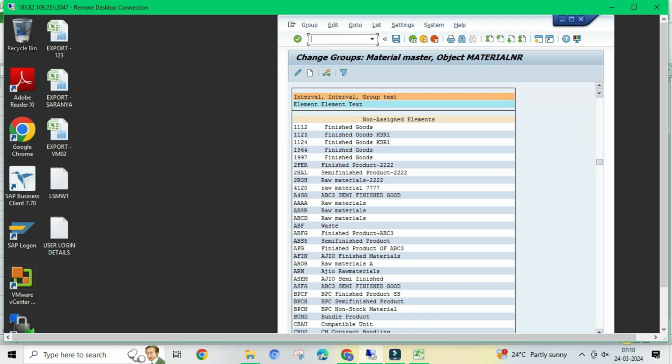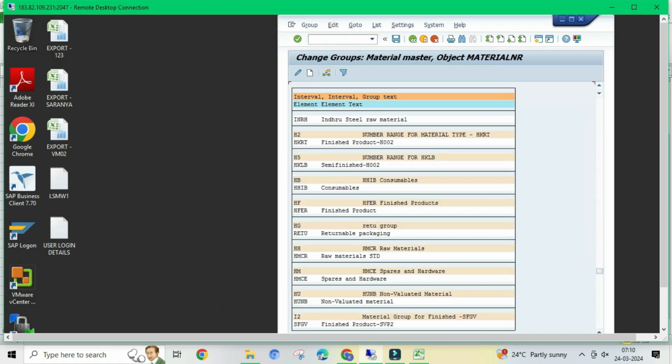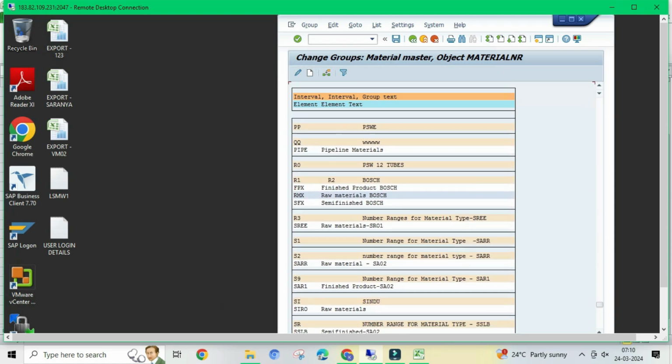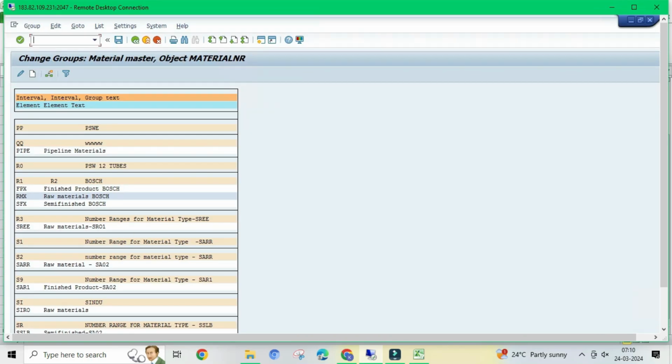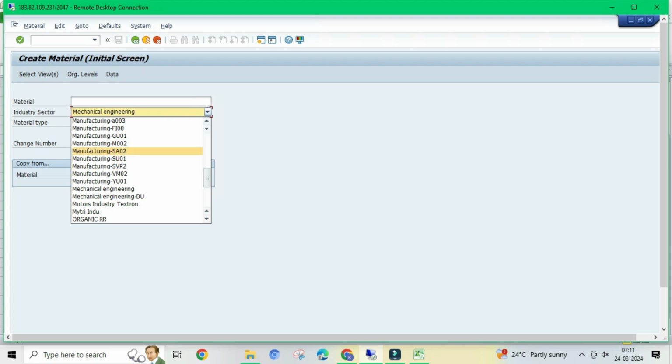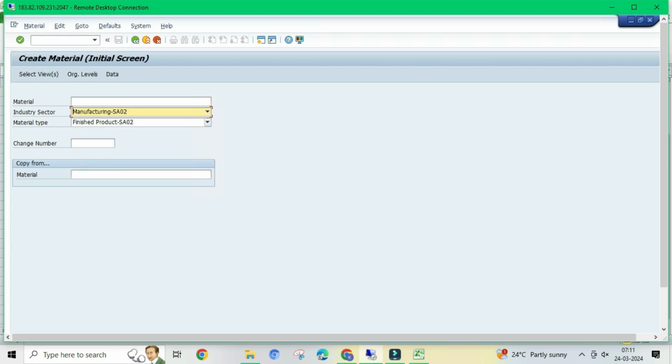So now we can go to verify the material type with the number range assigned or not. So our material type SAR1 and our number range S9 has been assigned. So now we can go to /n MM01 to create the material. /n MM01 material master creation, enter, select our industry sector, manufacturing SA02, select our material type finished product SA02, then